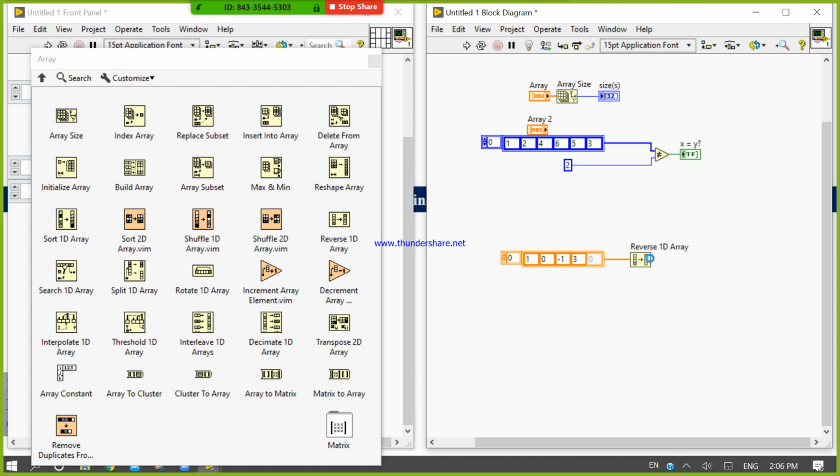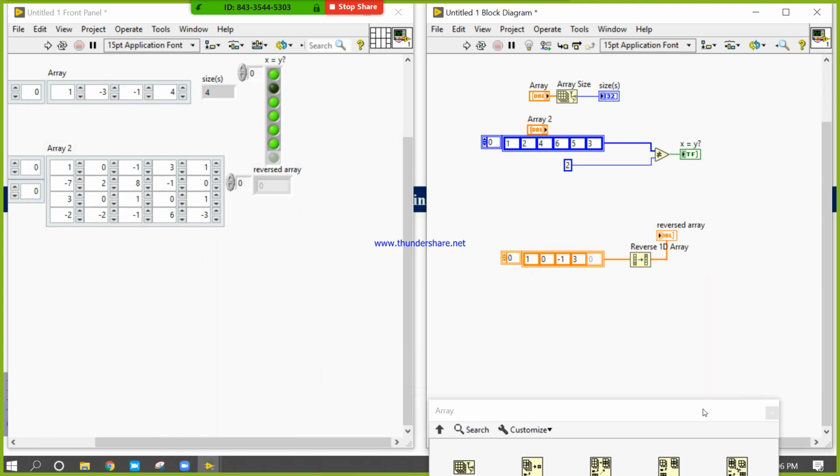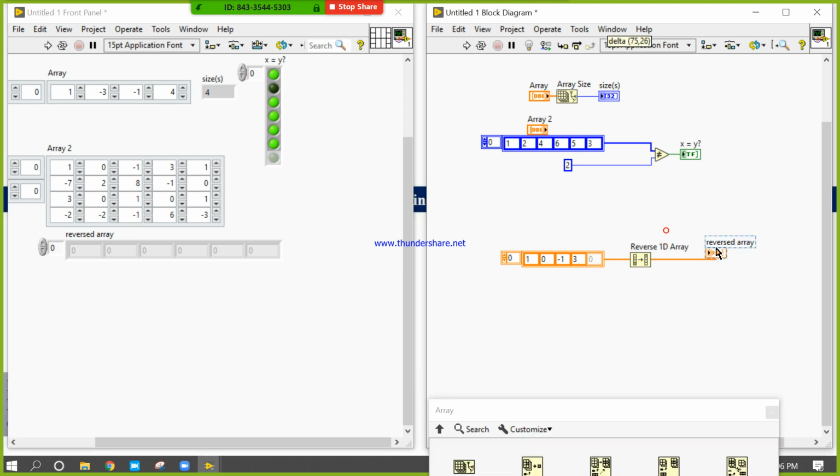By using the reverse 1D array, we can reverse the array. Let's check here. The output is this. By using the reverse 1D array, you can reverse.